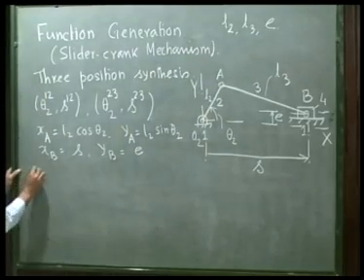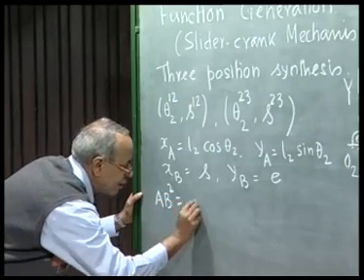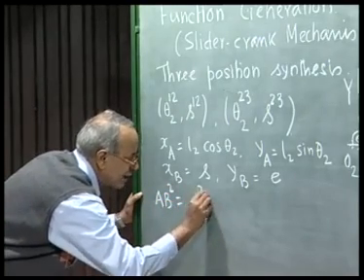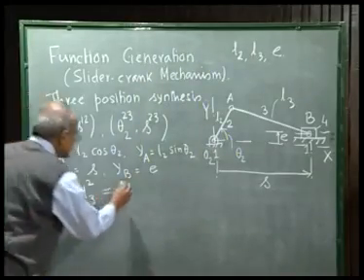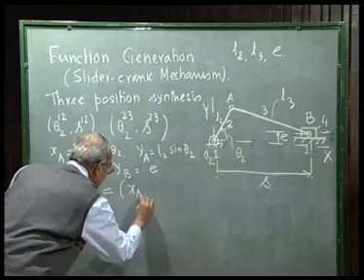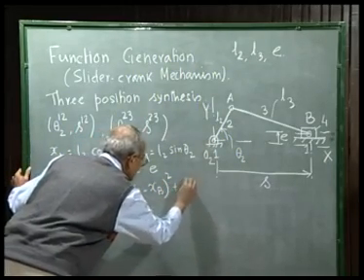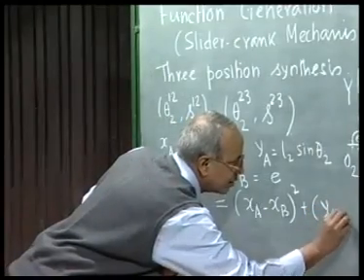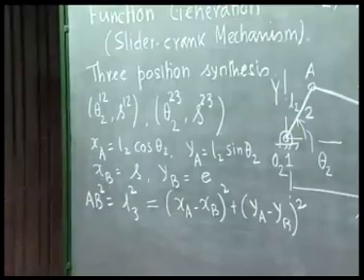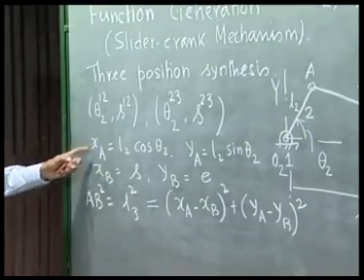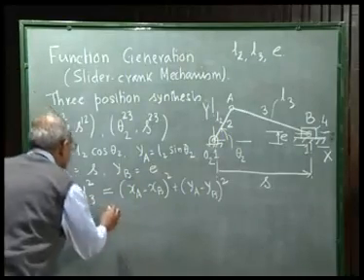So we can write AB squared, which is nothing but L3 squared, where L3 is the connecting rod length, as XA minus XB whole squared plus YA minus YB whole squared. Substituting for these coordinates XA, YA and XB, YB in this equation, we get